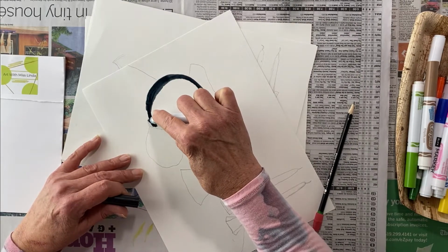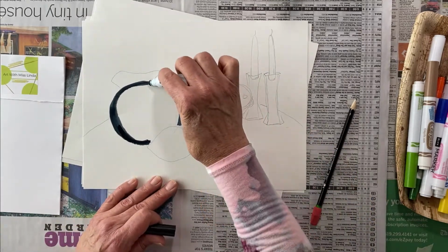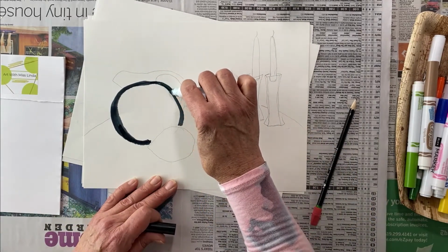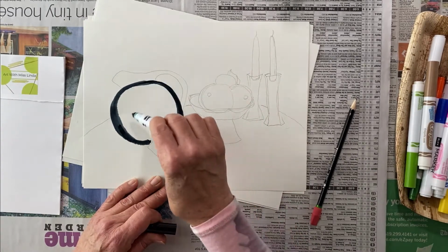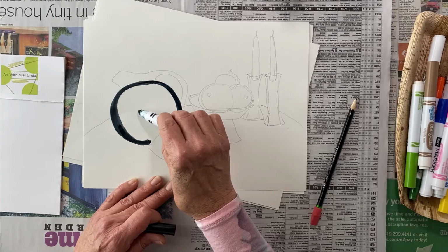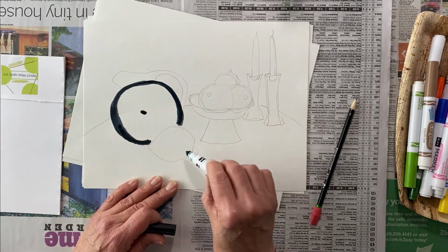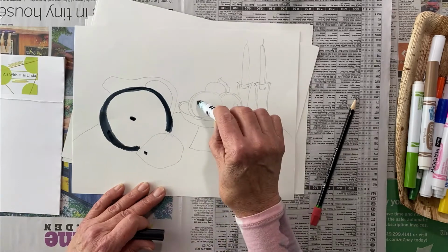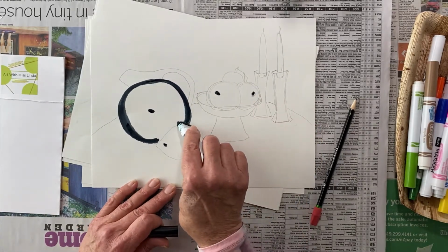And with this, you cannot go fast. You need to think. Now I'm going to round this out, and I'm going to try this like I did the fruit in the last one. I'm going to say that this is the center axis. It's actually, so I'm going to put a little dot there. And then there's going to be one here, here, and here. I have a starting point. Let's do this lemon